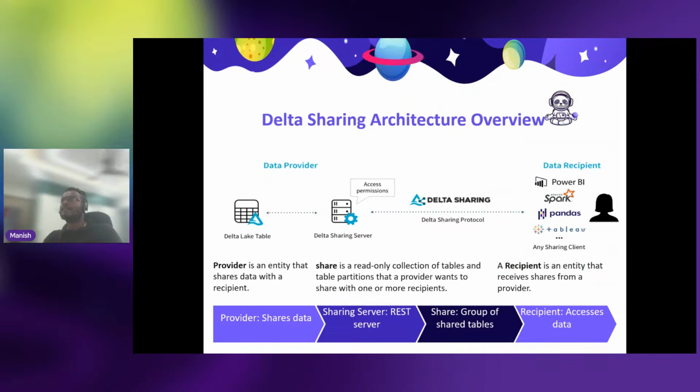Now, this is the data sharing architecture overview. So you want to share the data, so there must be a source system. This source system is known as the provider. The provider is the one who is sharing the data. You can assume it as a source system. Now, you are providing the data, but at the other end, there should be a recipient, that means who is collecting the data. So this is known as the recipient. A recipient is one who receives the data from the source. Now, provider is the source, recipient is the target.